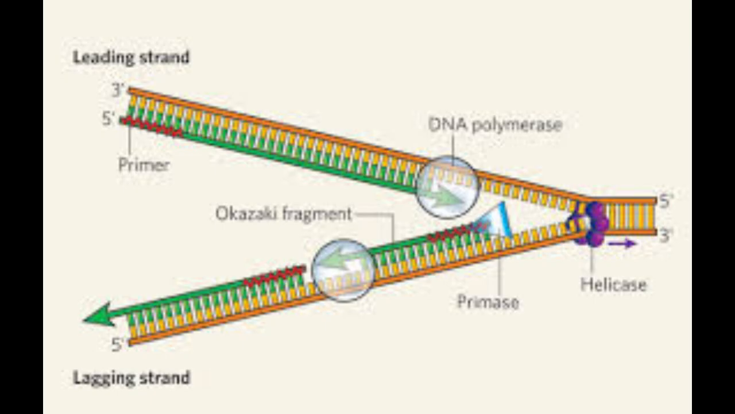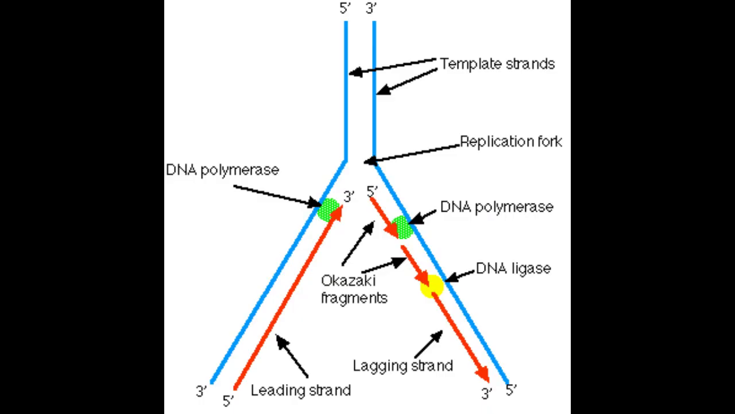The difference between a lagging and a leading strand is that the lagging strand replicates discontinuously, forming short fragments, while the leading strand replicates continuously. Okazaki fragments are small sections of DNA that are formed during discontinuous synthesis of the lagging